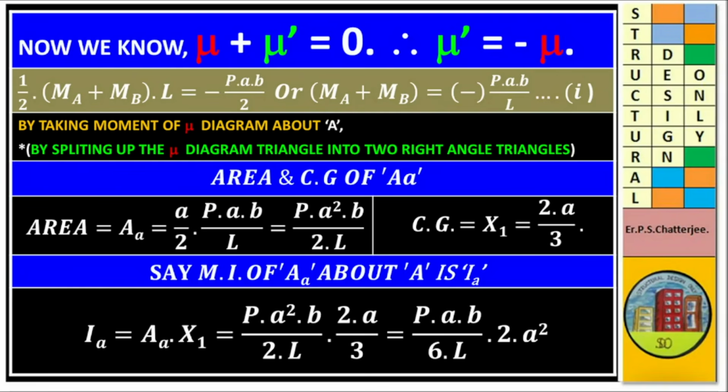Now we know mu plus mu dot is equal to 0, or mu dot is equal to minus mu. Then half into MA plus MB into L is equal to minus P into A into B by 2, or MA plus MB is equal to minus P into A into B by L. This is our equation number 1. By taking moment of mu diagram about A,